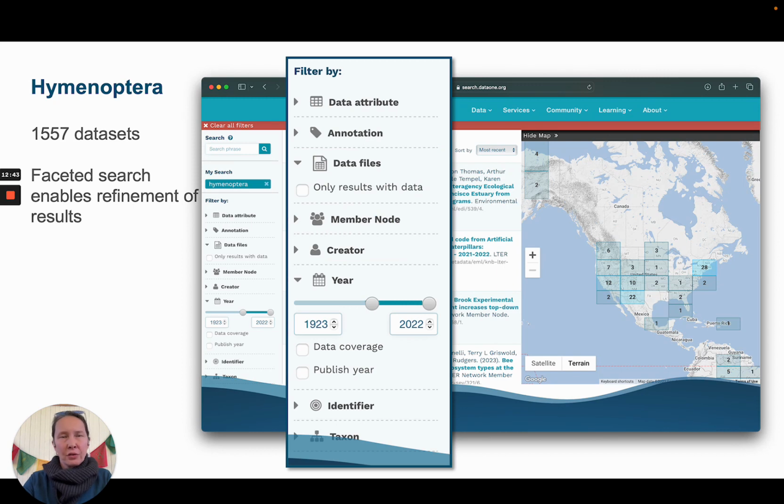You can enhance your search results by adding more free text expressions, but also using the faceted search feature to refine the results. For example, by the year of data collection, or by choosing only those records where the data is available for immediate or direct download. In other cases, you may need to contact the authors per the specifications that they have included in their metadata. We also have an option for taxon, but to be honest, this isn't as frequently used as we would like. People tend to put taxonomic information in other places in the metadata record. So using the free text expression will result in a greater search, if not as precise.